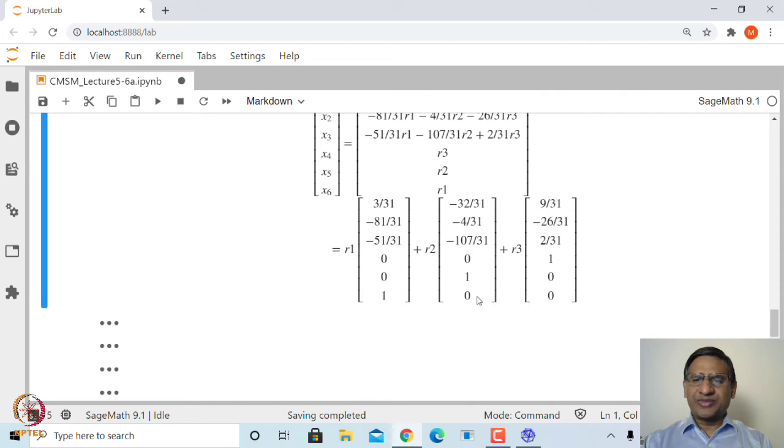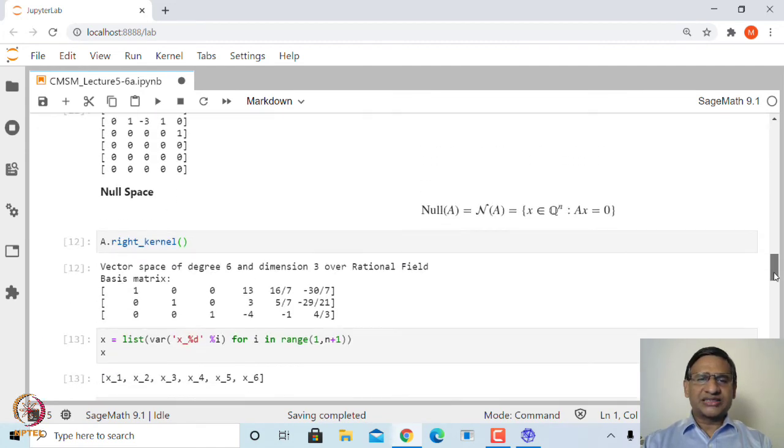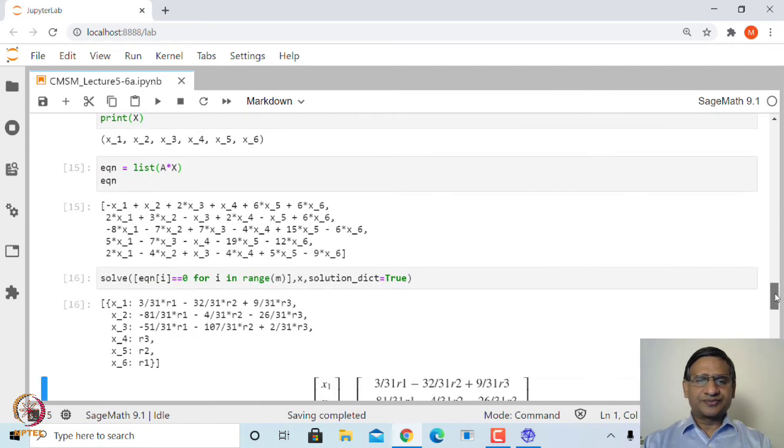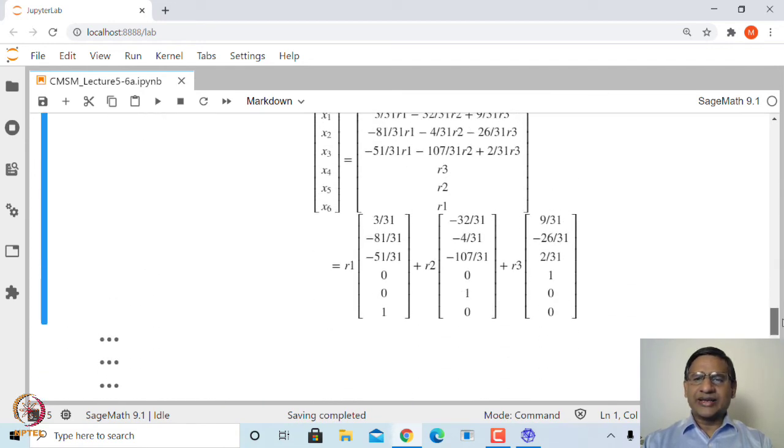But if you look at this basis, and the basis we obtained using the inbuilt function right_kernel, they are slightly different. The latter is actually obtained using RREF, in reduced form. So, let us apply RREF to these 3 vectors.